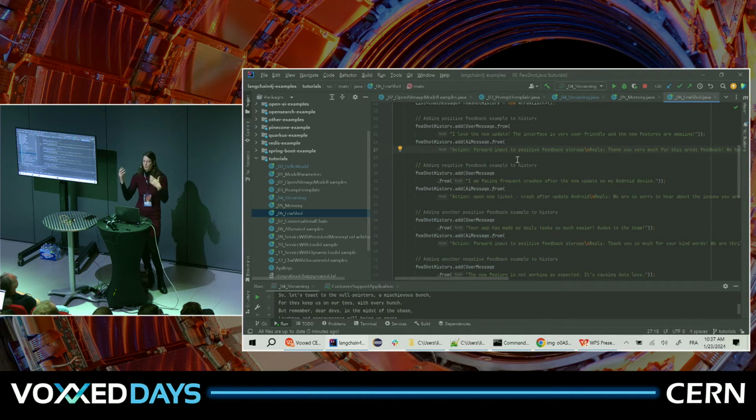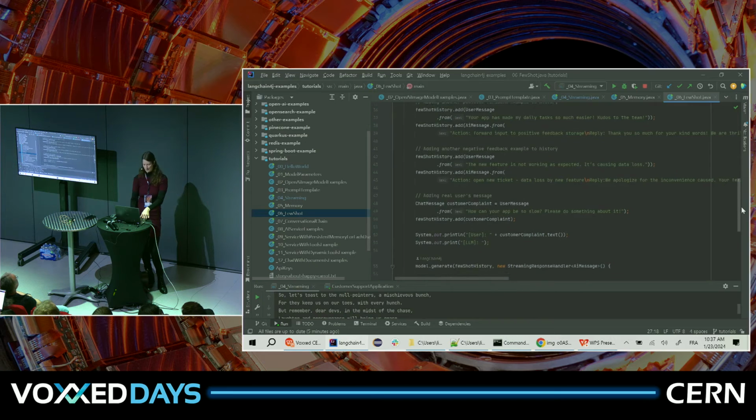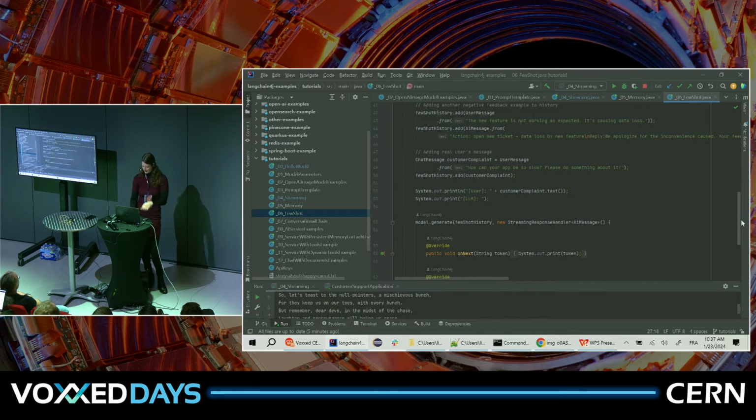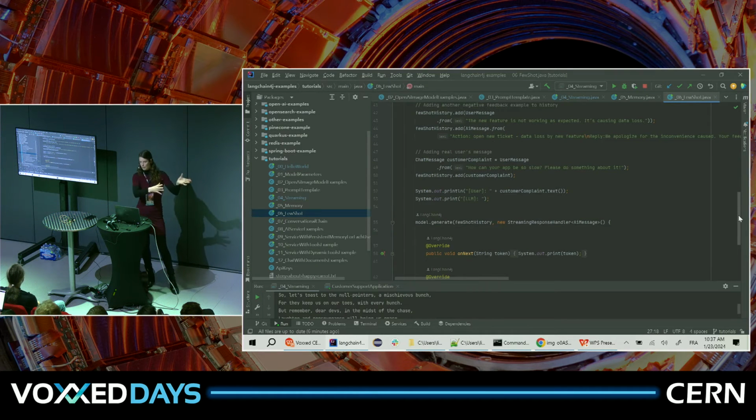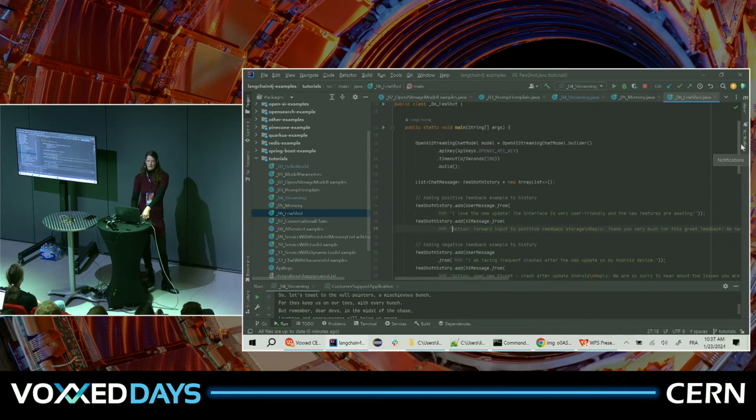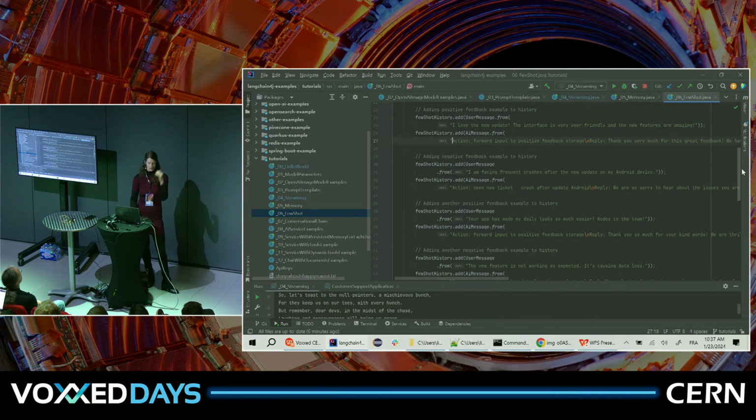So I have 2 positive reply messages, 2 negative ones that I created with ChatGPT in the first place. It's really nice. It gets really meta, right? And then it knows what to do. Basically, it will either open a ticket in case of negative feedback and apologize, or store it in our positive feedback storage and say thank you very much. And so we didn't even tell it how to behave. We just told it, like, oh, this has been said before.